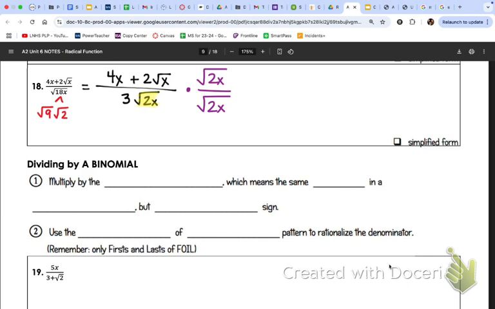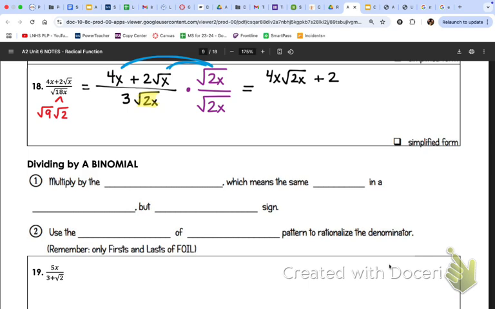We're just distributing, okay? So in the numerator, remember, outside numbers multiply to outside and inside to inside. So 4x times the square root of 2x. Can't do a whole lot there. It would look like this, 4x root 2x. One's inside, one's outside. They are not friends. You do have a little bit of multiplication. You can multiply here, the insides together. So on the outside, you have a 2. And then on the inside, you're multiplying